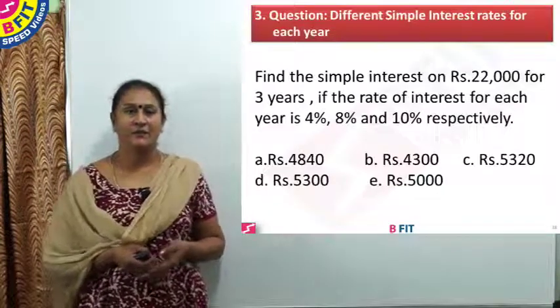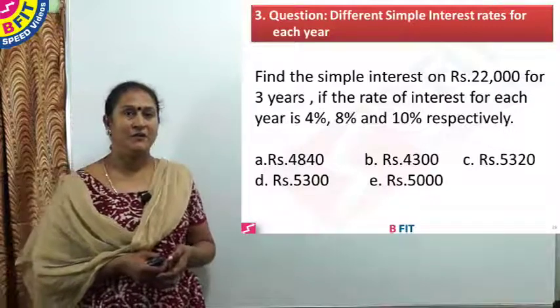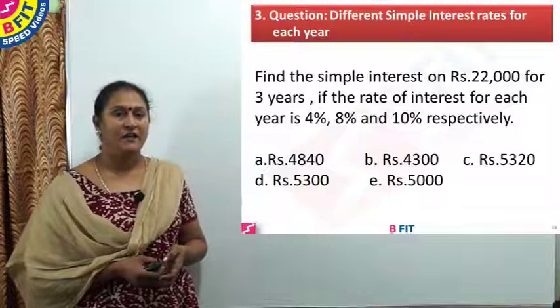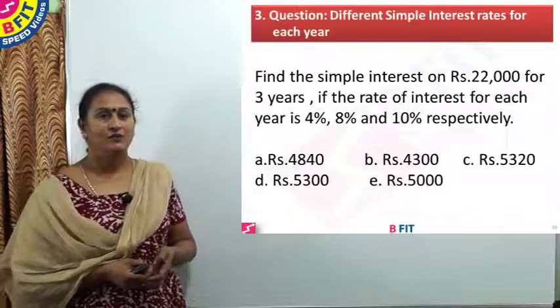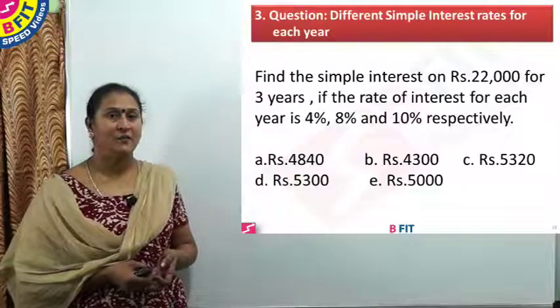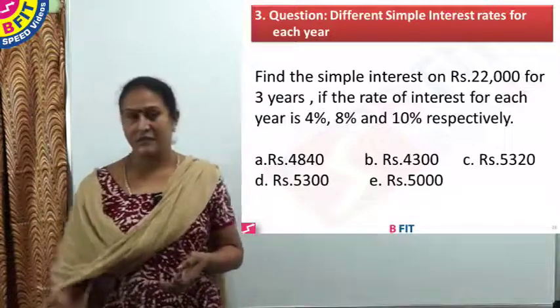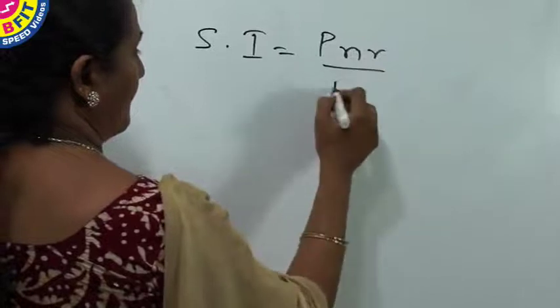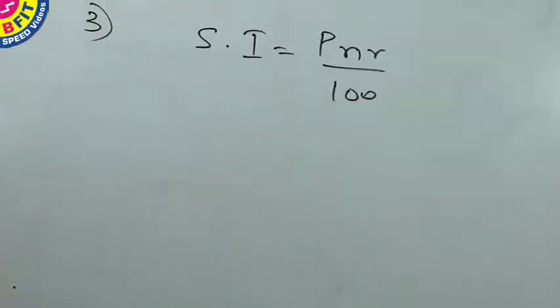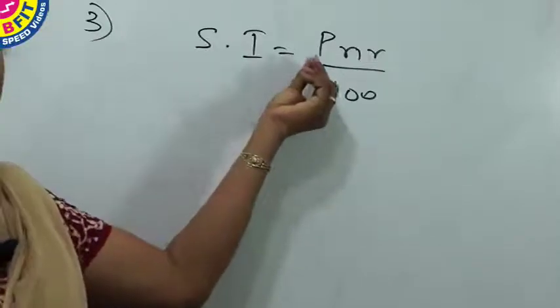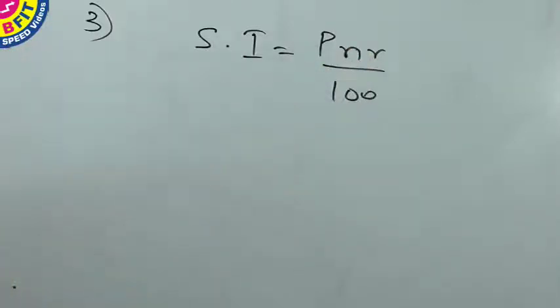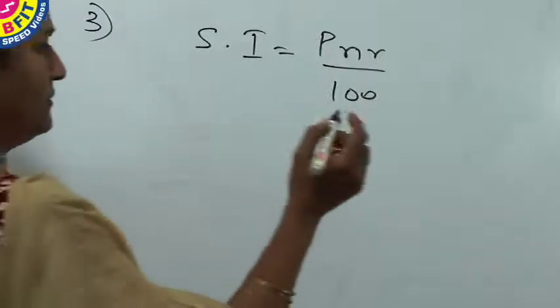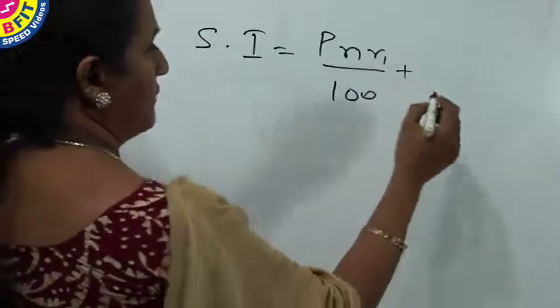Question number 3. Find the simple interest on rupees 22,000 for 3 years if the rate of interest for each year is 4%, 8% and 10% respectively. So we'll see the working. To find the simple interest, we know that it is PNR by 100. When the rate is uniform throughout, we can find this interest by multiplying PNR and dividing by 100. But if the rate keeps on changing for every year, the interest is got by PNR1